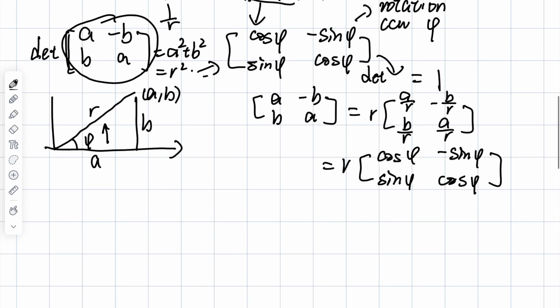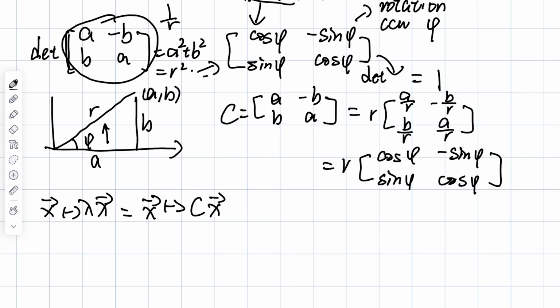That means multiplying by a complex number means multiplying by this matrix C. And multiplying by this matrix means first